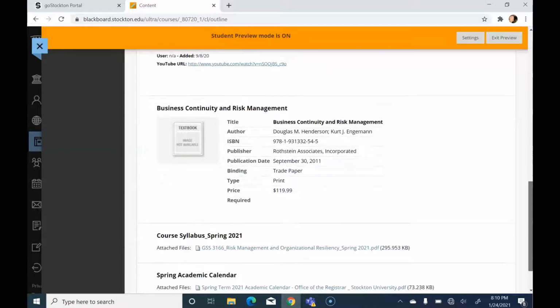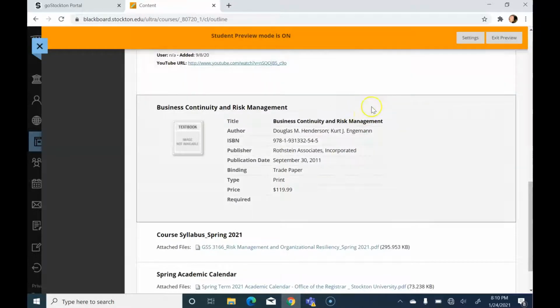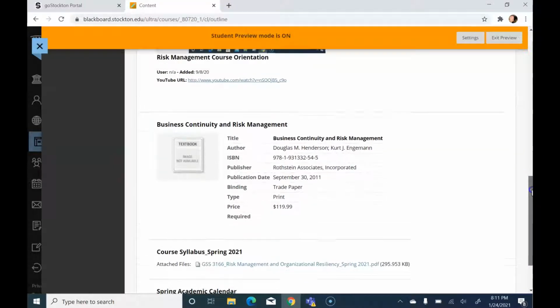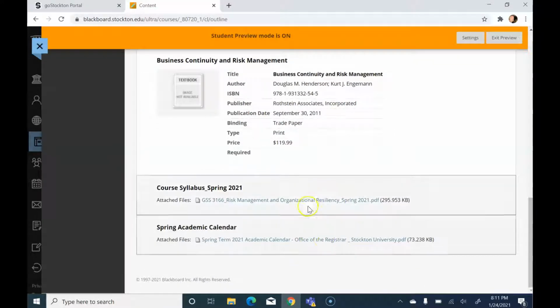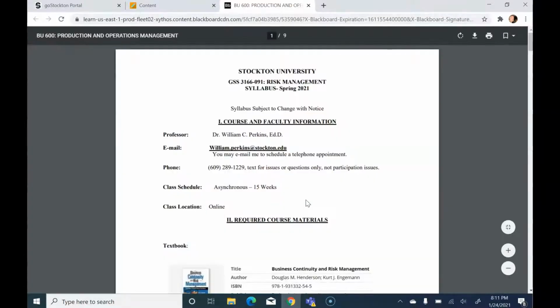And underneath that you have the textbook. So the bookstore does have this textbook, or they should. And if they don't, here's your ISBN number. Okay, it's Business Continuity and Risk Management, Essentials of Organizational Resilience. And here's where we're going to start. Click on the syllabus, and